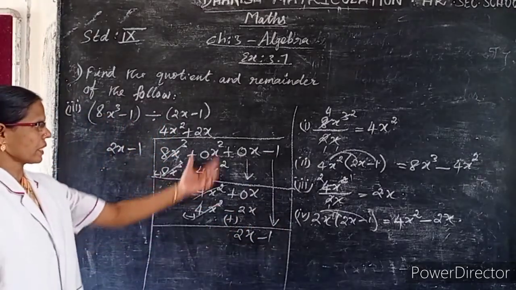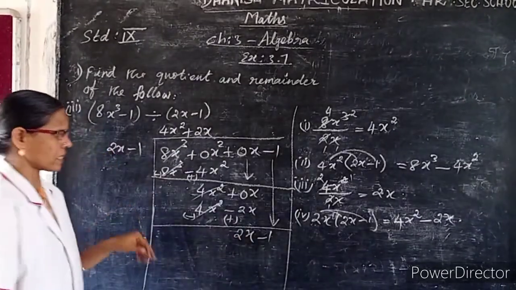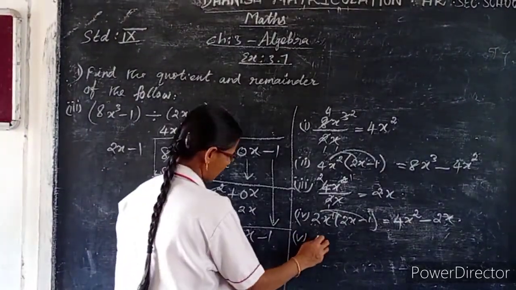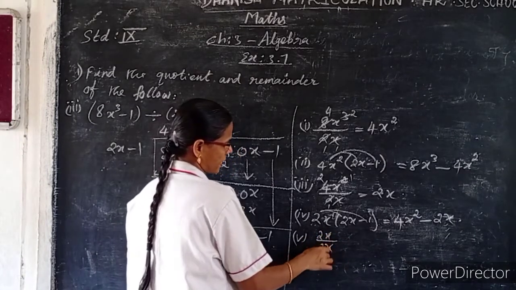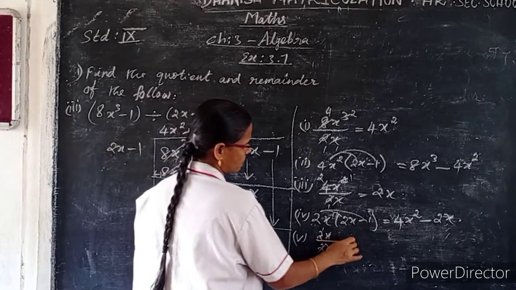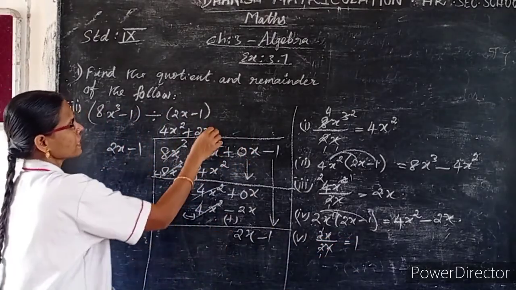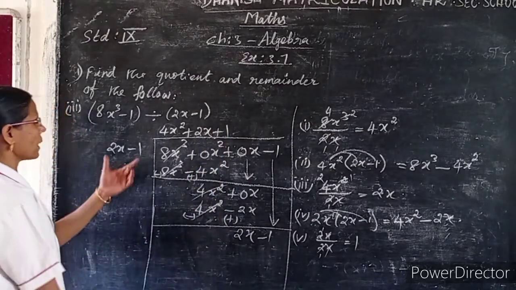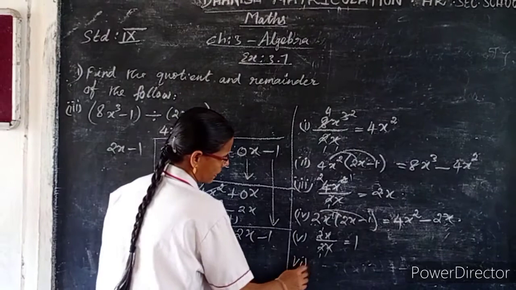Now find the quotient. Further divide this first term by this first term. Fifth step is 2x divided by 2x. The x's cancel. 2 1 times, 2 1 times. So 1 is our quotient, plus 1. Here the sign is plus. So plus 1. Now multiply this 1 with this polynomial. That is our sixth step.